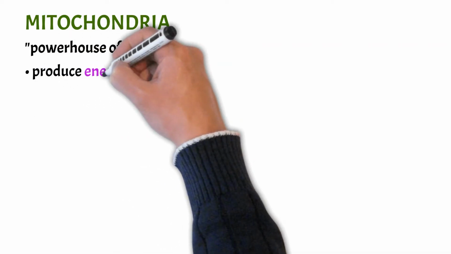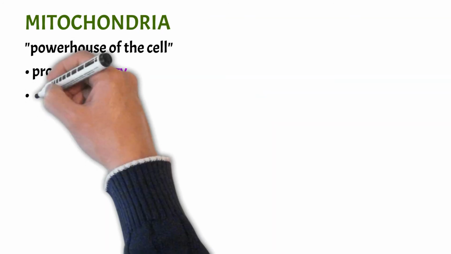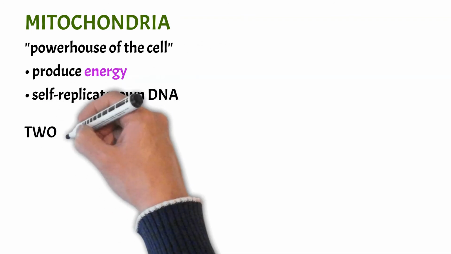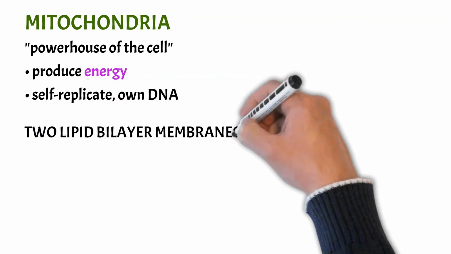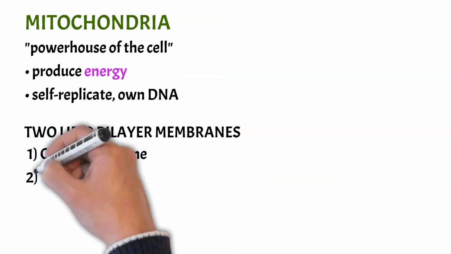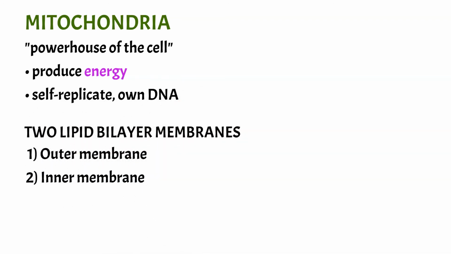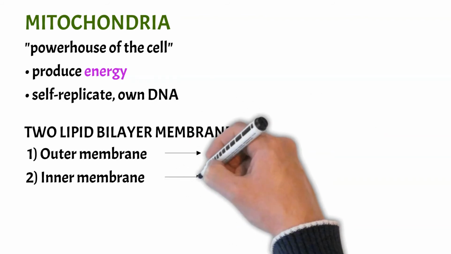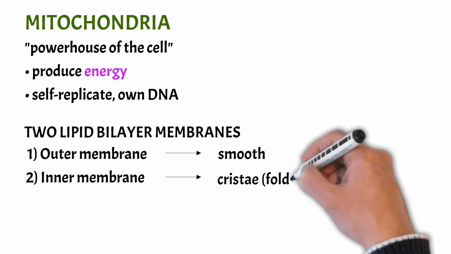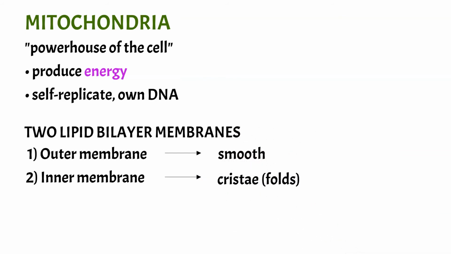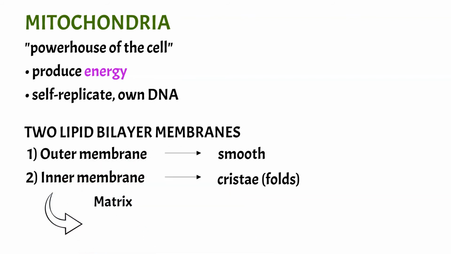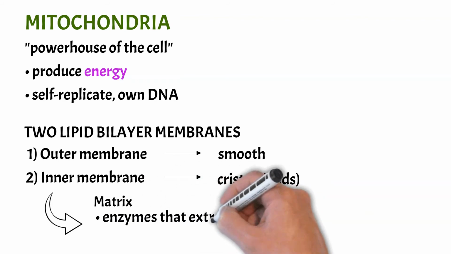Mitochondria serve as sites for the production of the energy of cells. They self-replicate and contain their own DNA. They have two lipid bilayer protein membranes, an outer membrane and an inner membrane. The outer mitochondrial membrane is smooth, but the inner membrane is characterized by many folds called cristae. The inner cavity of the mitochondria is filled with matrix, which contains dissolved enzymes that are used for extracting energy